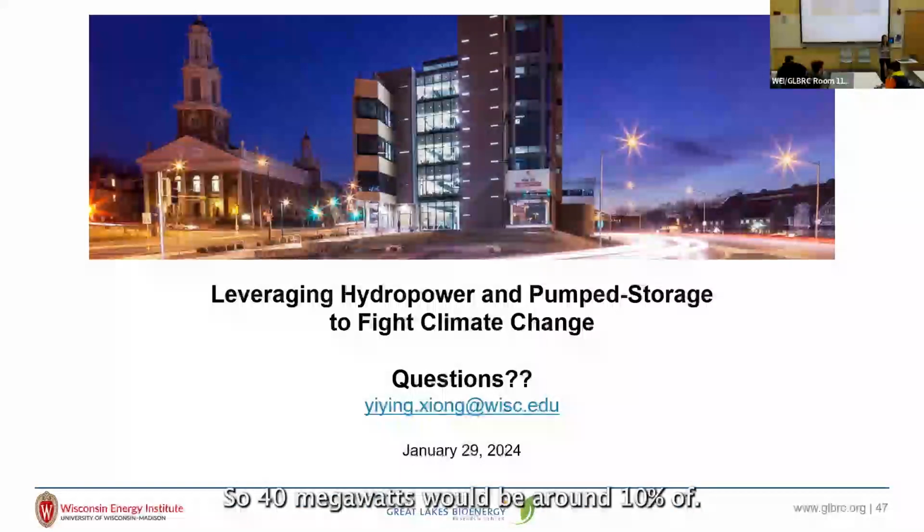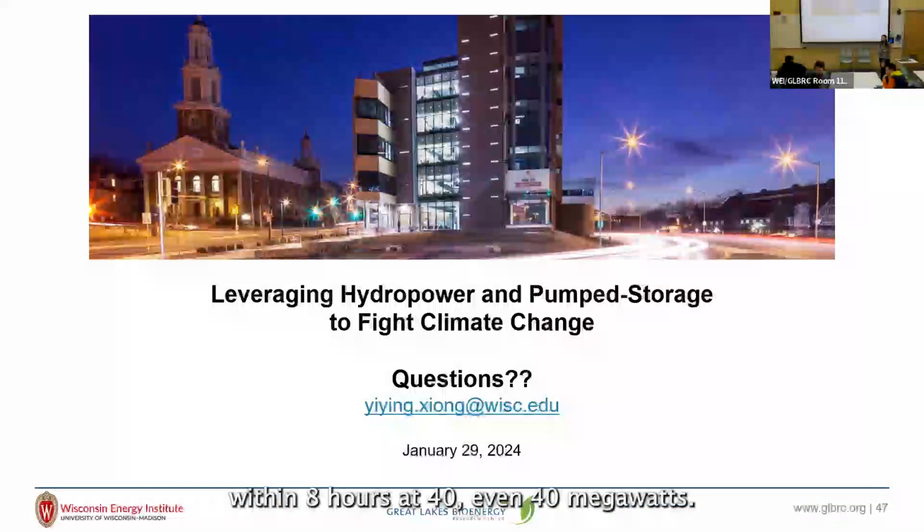So 40 megawatt would be around 10% of that. I think it's a daily average of 8 hours. So when I say its capacity, not its instantaneous capacity, but overall capacity would have been 8 hours